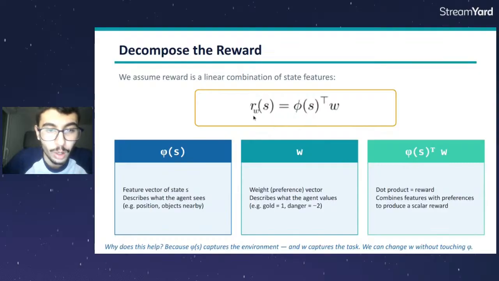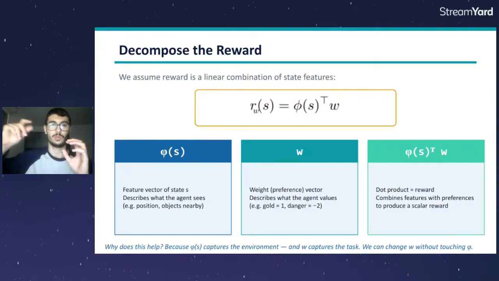Okay, and you can see that the reward function here is parametric. So it's R of W, okay? And this W is the same that we multiply by the state features. So for example, if we put here W1, it's going to give us R of W1. And once we change the W, we are going to directly compute a new reward. So phi of S stays the same, but what changed is the vector that we multiply with it.